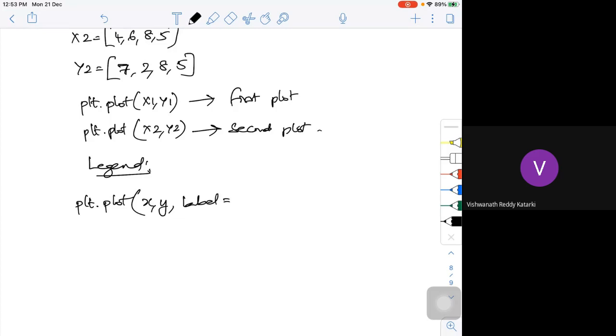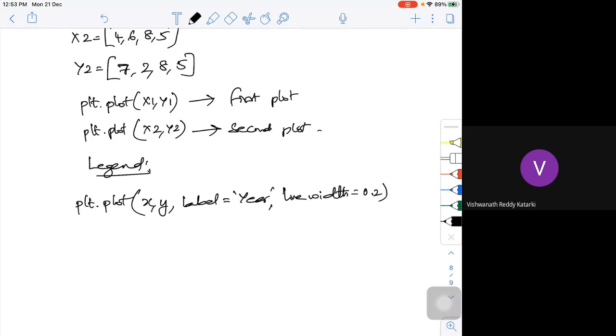Let me call it whatever you want, for example data with respect to some years, whatever the name. Then, if you want, you can add line width equal to 0.2 or color, whatever you want.